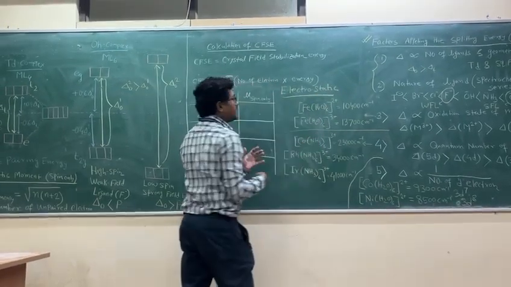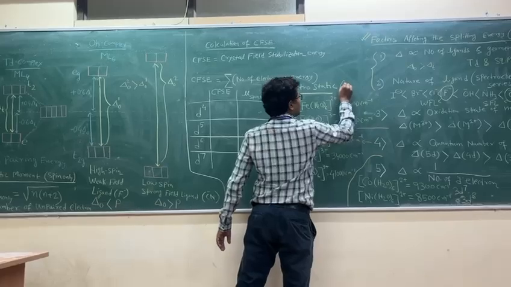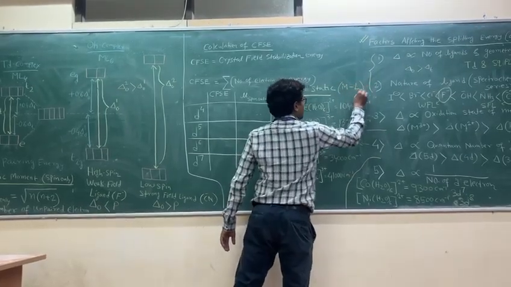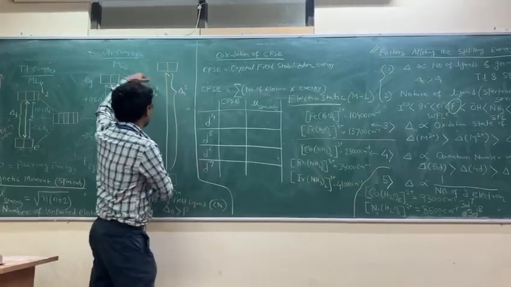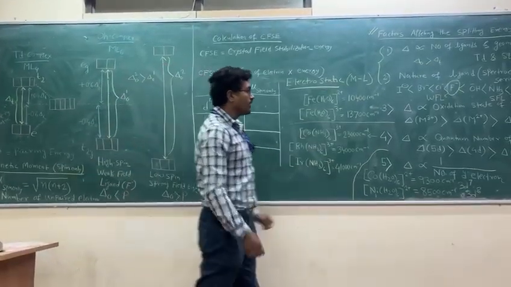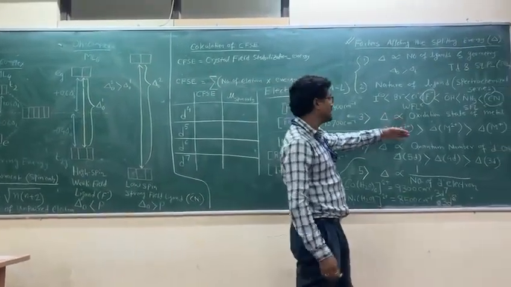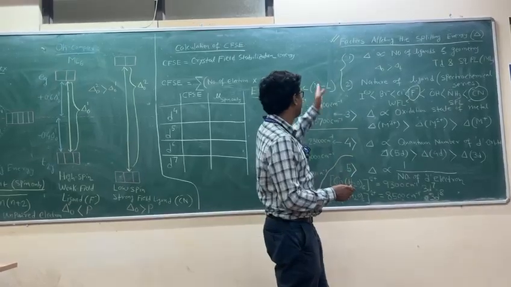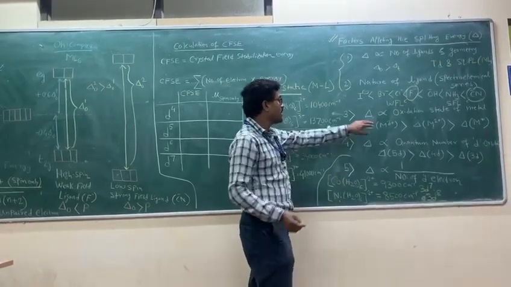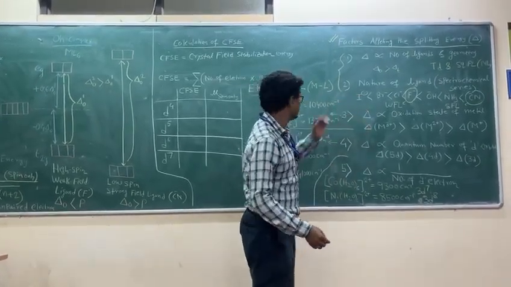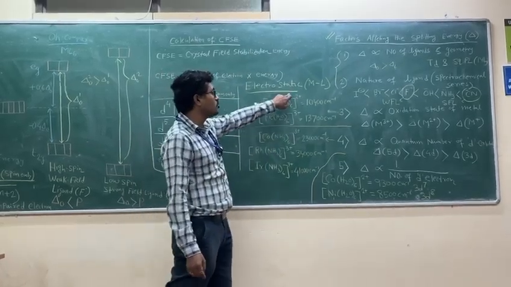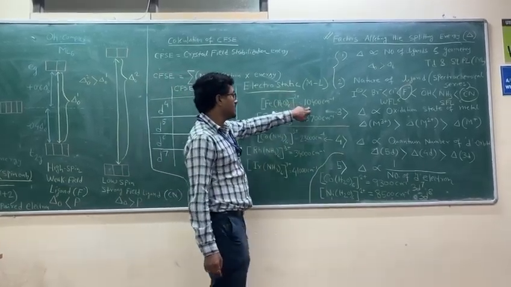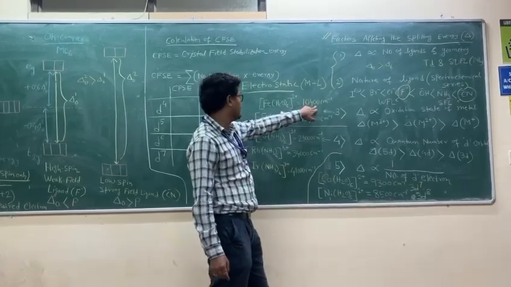So electrostatic interaction between metal and ligand. If the metal-ligand electrostatic interaction increases, then this gap will also increase. Therefore, when the metal has a very high positive charge, the electrostatic interaction between plus and minus will be high, so the delta value will increase. As an example, for iron [Fe(H2O)6]2+, the delta value is 10,400 centimeter inverse, and